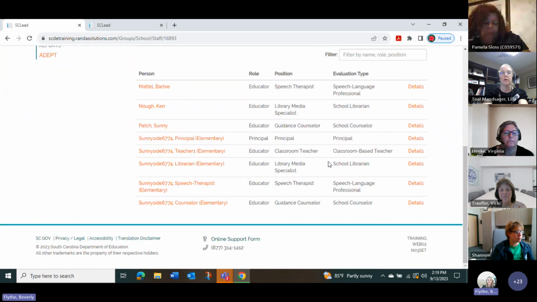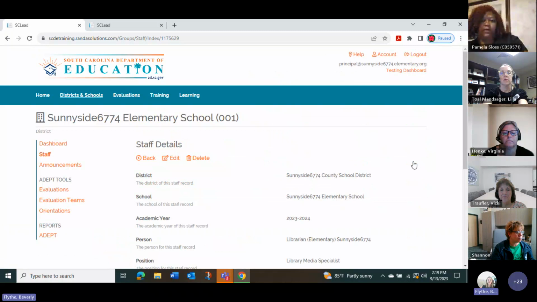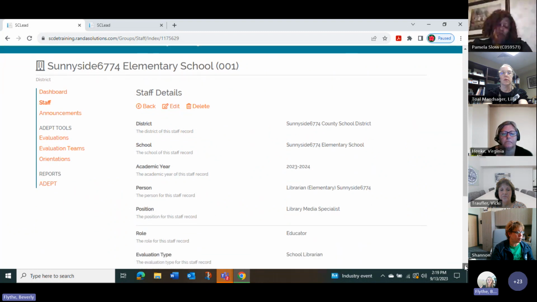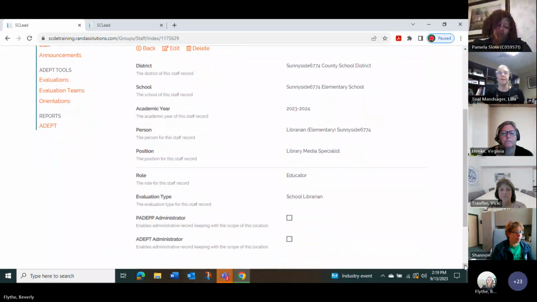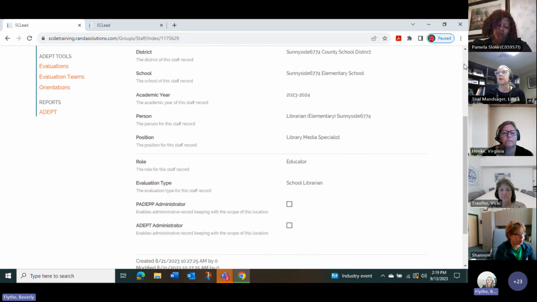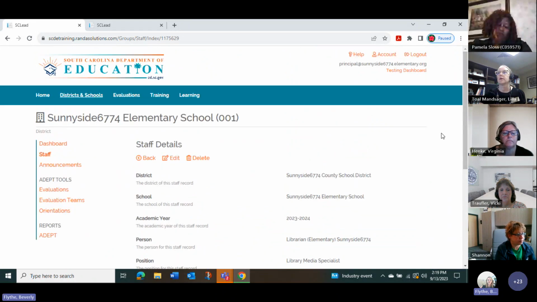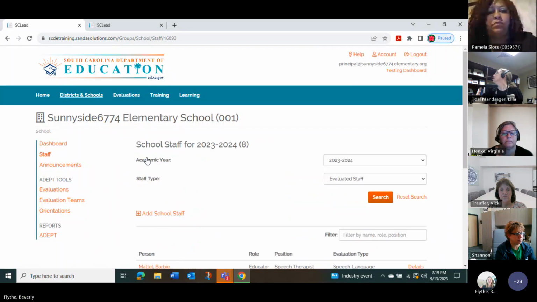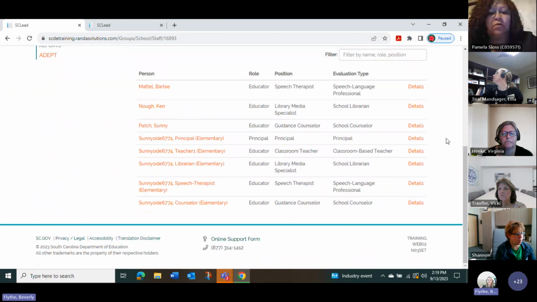So for the 23-24 school year, if I'm going in as the principal and I want to make sure that everything is set correctly for my school librarian, I'm going to look under my staff and make sure that I can see that I have the school librarian's contract level set correctly and that the evaluation level is set correctly.